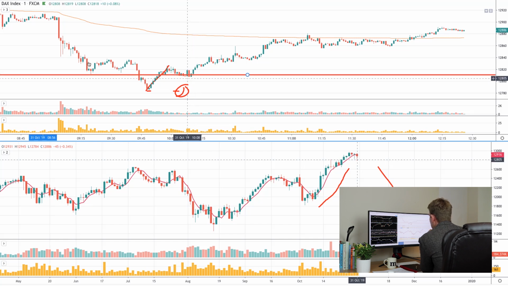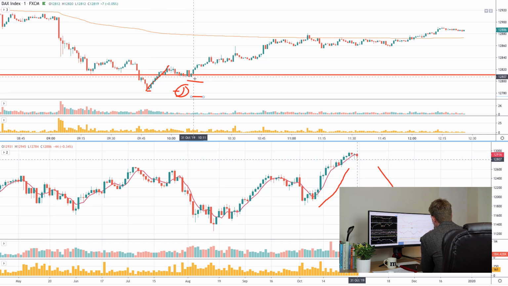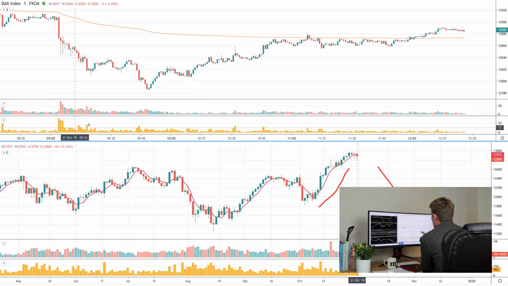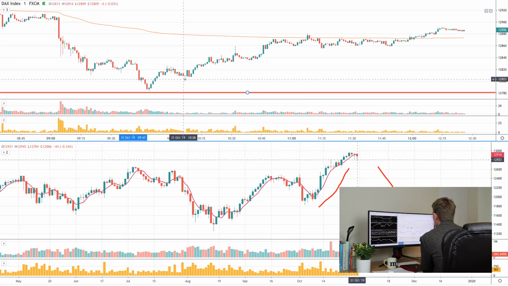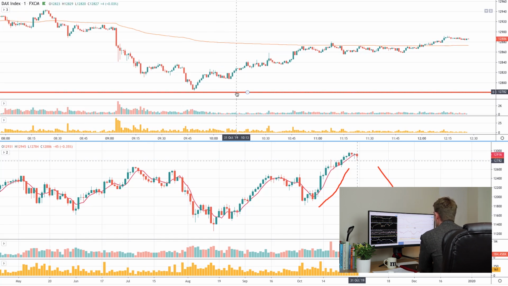Now, we can either then use our stop under this low here, or we can use our stop under the ultimate low here. Now, either way is okay. Your risk is if you do it too tight, you get a little bit of a ping out on a wick, which is actually a very good place to take the trade. So maybe it's having a stop under the low. This is what I like to do. I like to have a kind of broader stop as initial.